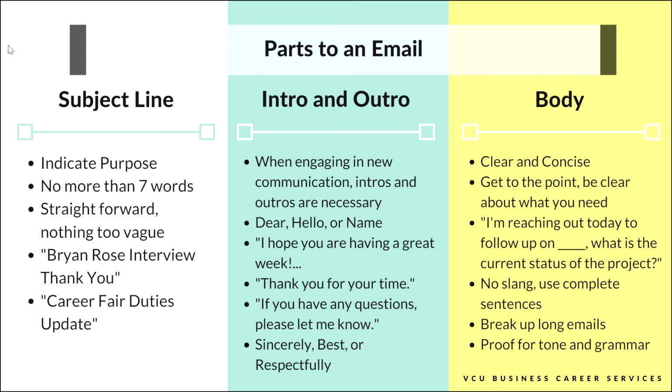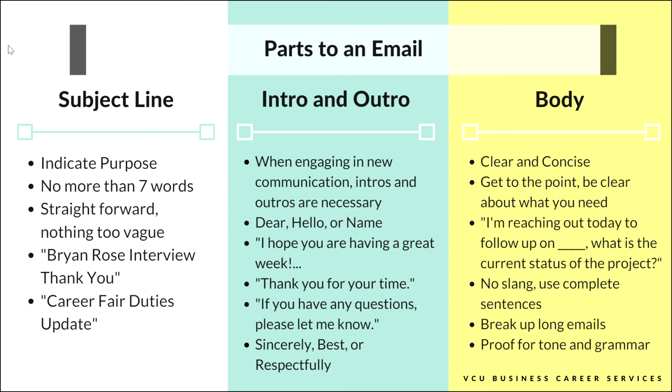The reason why you can get to the point, be clear and concise, and be clear about what you need in the body is because you have an intro and outro that actually addresses the person as a person. You'll read these emails where someone's immediately direct and immediately clear and concise, and they don't have an intro, they don't have an outro. It seems and feels rude, right? That tone that we're talking about in the last slide, it doesn't feel right. We don't enjoy it, and we likely don't have as positive of an opinion of somebody as we would if they kind of softened up the email on the front and back end.